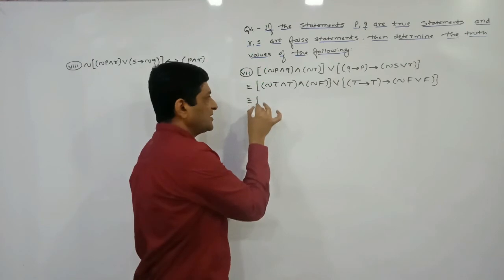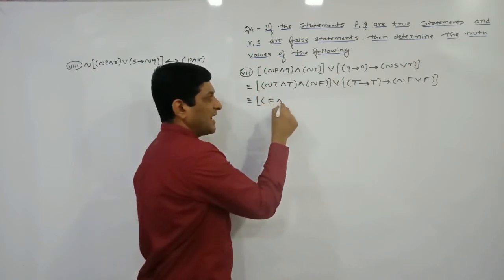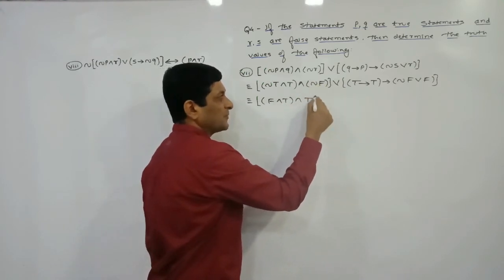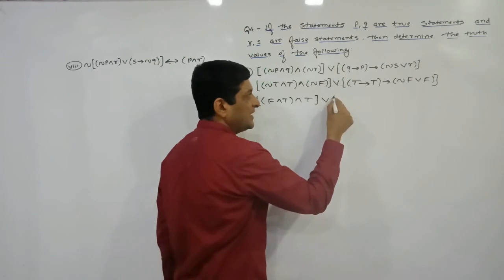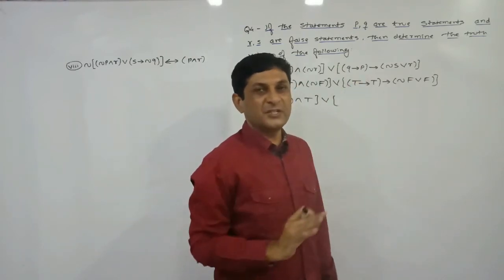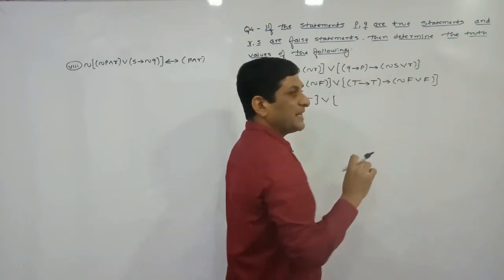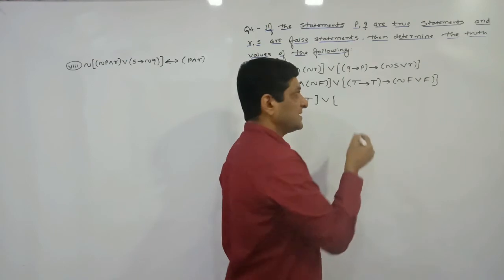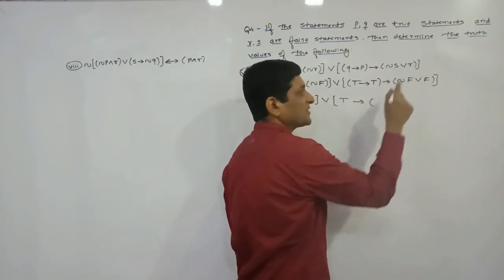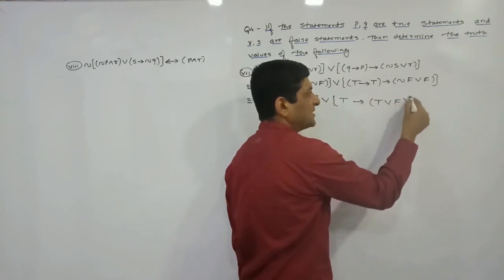So in the first bracket, first find out negation of true. What is negation of true? False. And T keep it as it is. Here negation of false will be true. Or as it is, in case of implication, we know that if first statement is true and second is false, at that time only implication is false. But here T implies F is not there, T implies T is there, so that's why here implication will be true. Implies, here first find out negation of false, that will be true, or F as it is.